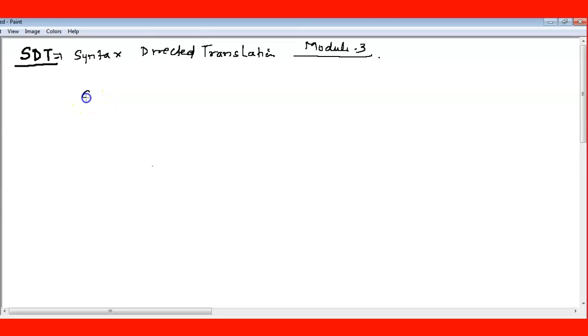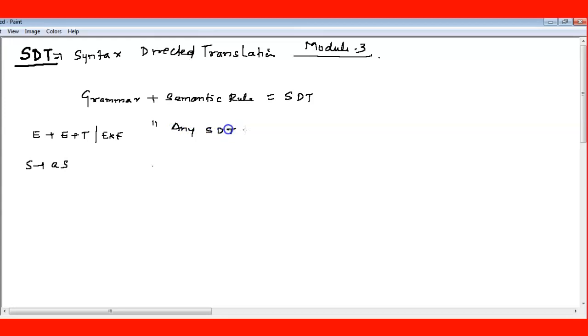If any grammar is given, like E is equal to E plus T, whatever you studied before, E is equal to E star F, or S is equal to A, anything, and you give some semantic rule, then grammar plus some semantic rule becomes an SDT, syntax directed translation.